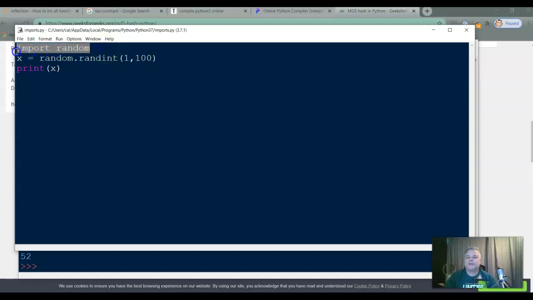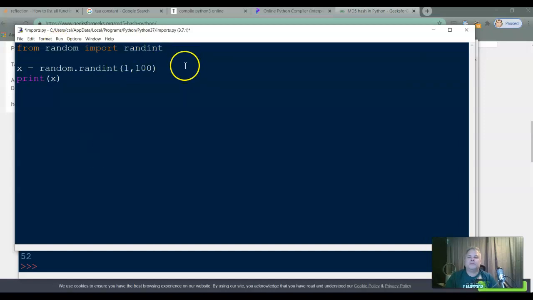Now, if I know that I am only going to use the randint function from the random library, I can do this instead. I can say from random import randint. Okay, so now instead of importing all of them for use, it only imports randint. And from a memory point of view, this is preferable. We now are only importing one little function. It's almost like we just copied and pasted that little function into our code instead of copying and pasting the entire random